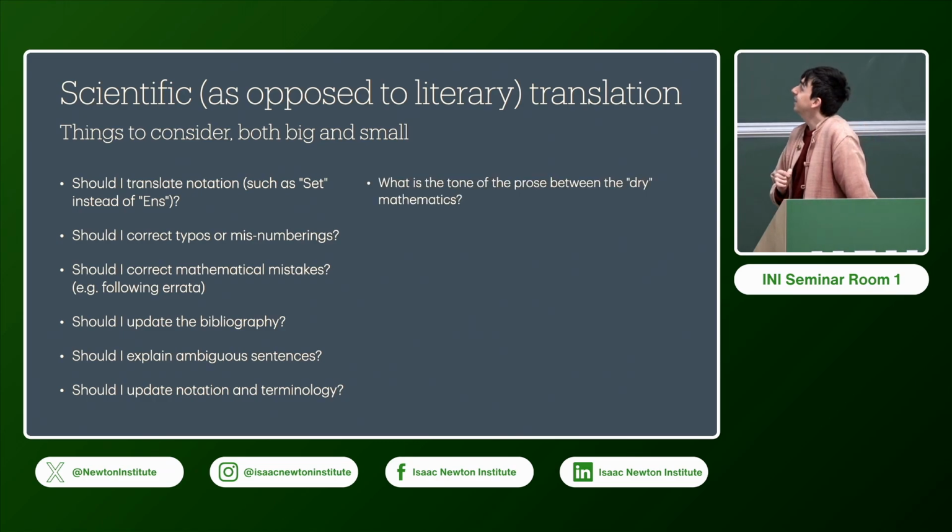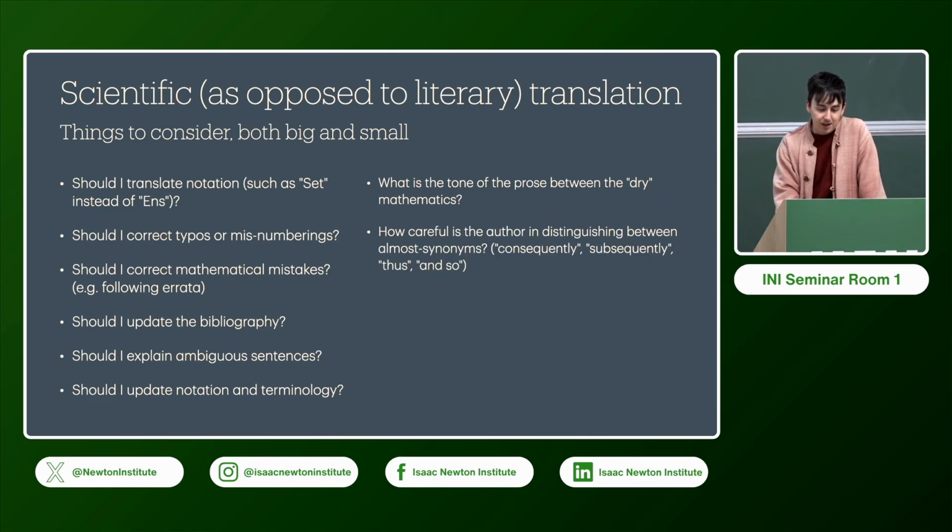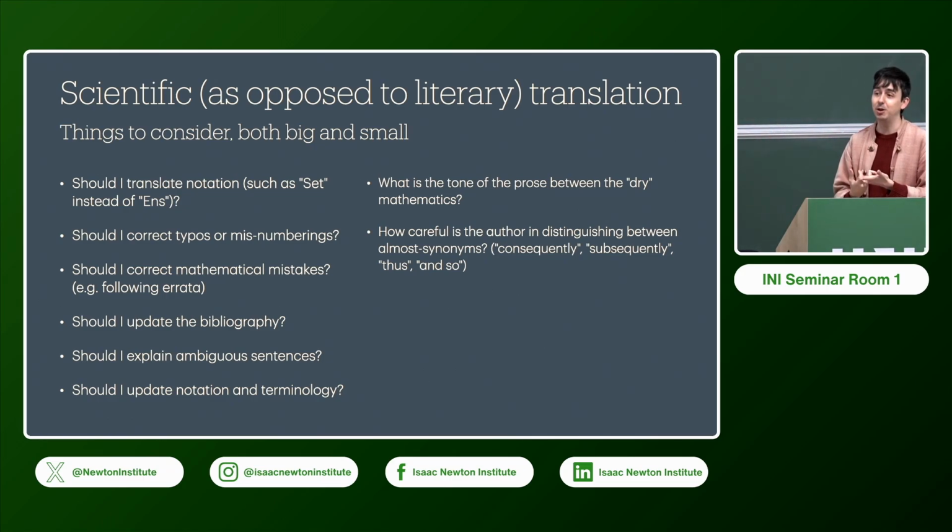Especially if you're translating certain things by particularly floral authors in some sense. Something that is more of a personal thing that I find when I write mathematics: I'm usually quite formulaic in my approach to writing mathematics. If I use a word once, I try to use the same word again if the sentence surrounding it is the same in some sense. You know, I like little formulaic sentences. If A, then B; the next time I'm not going to write, well, maybe "if then A, comma, then B." You know, I try to be a little bit formulaic. Some authors are not. How much do you let your personal neuroses get in the way of your translation efforts?